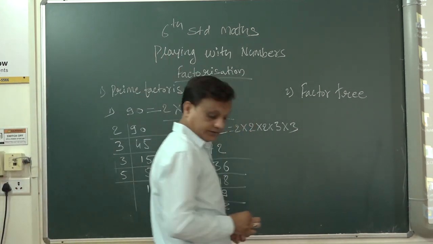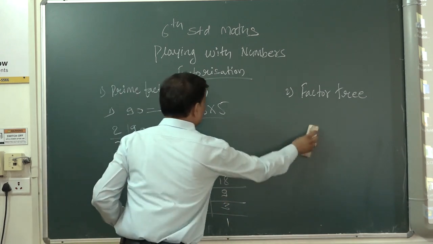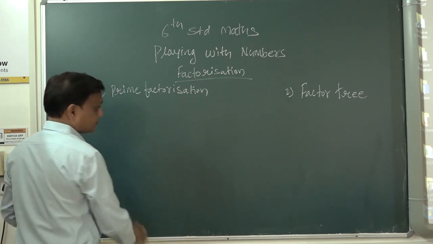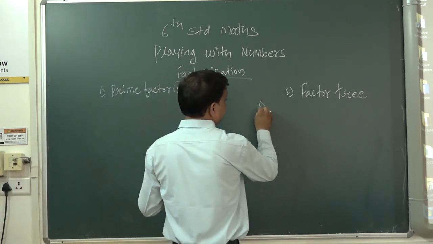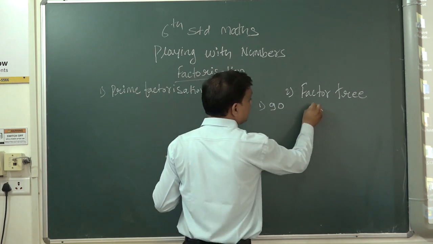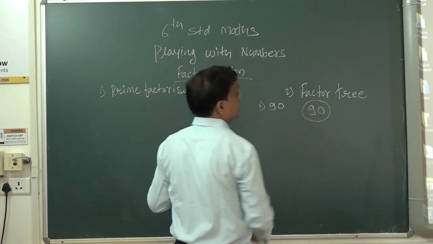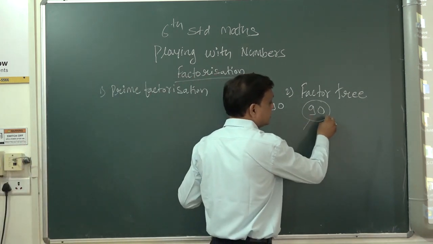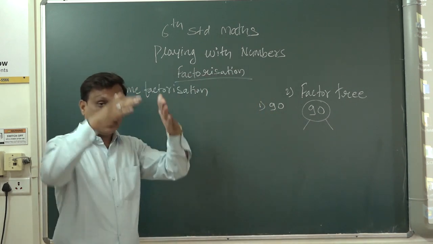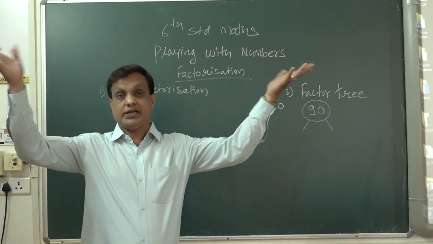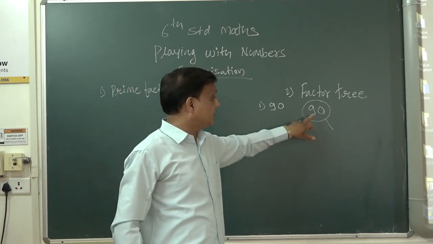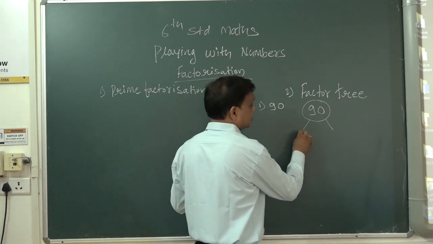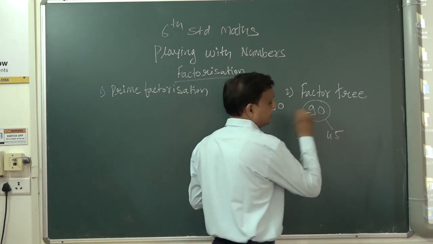Now how to arrange? First we are going with 90. First you have to circle this because it is the starting number. Now you have to put 2 legs or 2 hands to this 90. We are showing in a tree method how the tree is spread, so we are also spreading this number. Now this number comes in which table? It comes in the 2 table. 2 45s are 90.